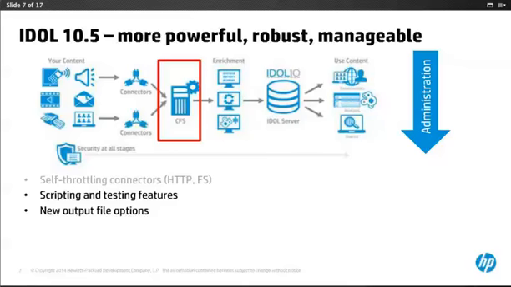In addition to this, one of the other things that came out in 10.5, another thing that's really powerful, is for those customers that are using the connectors largely as an ETL type of thing for idle, the transform and load bits, you can now use those pieces in the CFS to load non-idle things. So, for example, we've released a CSV writer, a JSON writer, and an SQL writer as part of the CFS functionality. So you can take some of the things that are coming through the connectors and ultimately just write them out to CSV, JSON, or SQL and load them up into another preferred location, whether it's a database or an